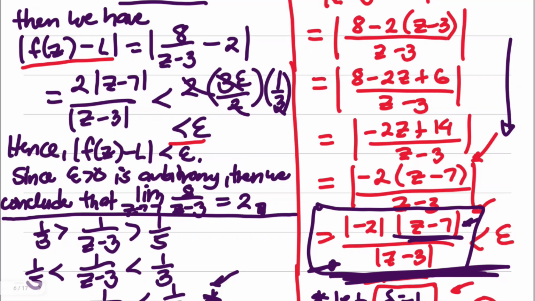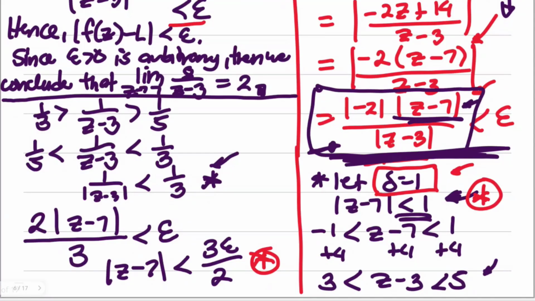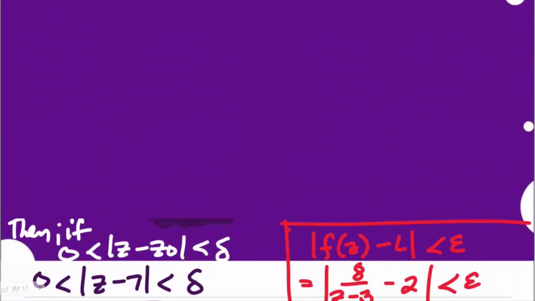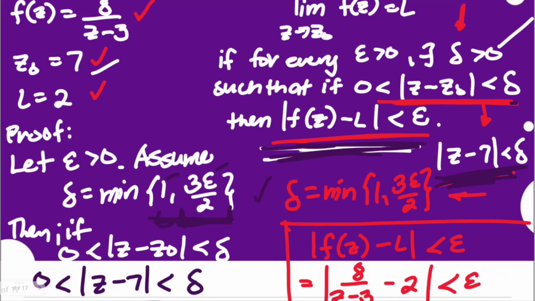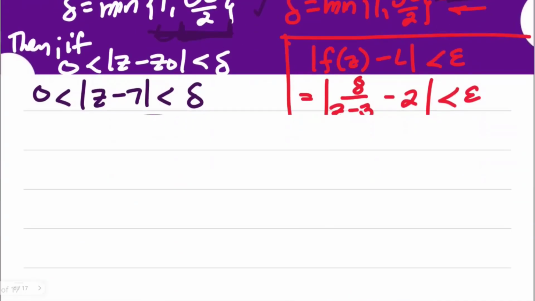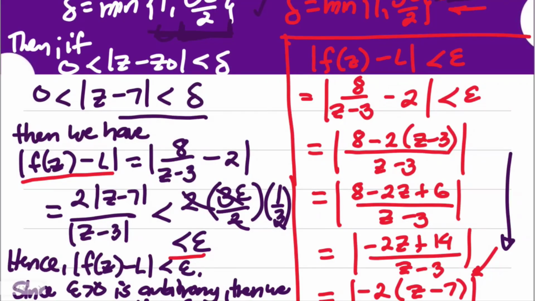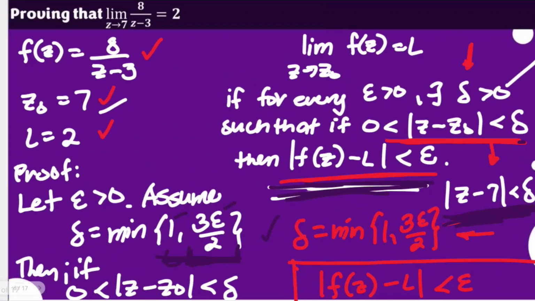Now again, we made this possible by our scratch work, claiming some values, manipulating that to get some expressions we need to return here to get the additional representation for z minus z sub 0, where our z sub 0 is 7, to get the representative value for delta, because that's what is denoted here. And then after that, with our scratch work, since we already know that delta exists, we can proceed with our proof using some notations as well in our scratch work to come up with our conclusion.